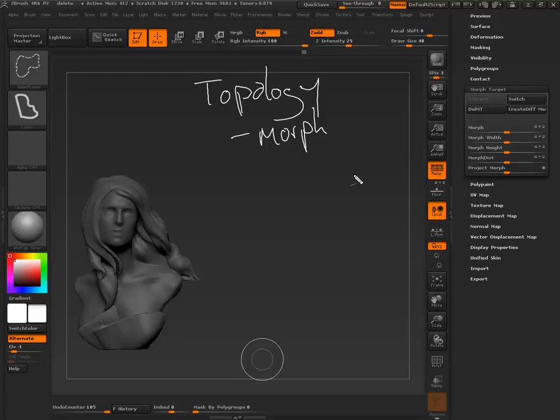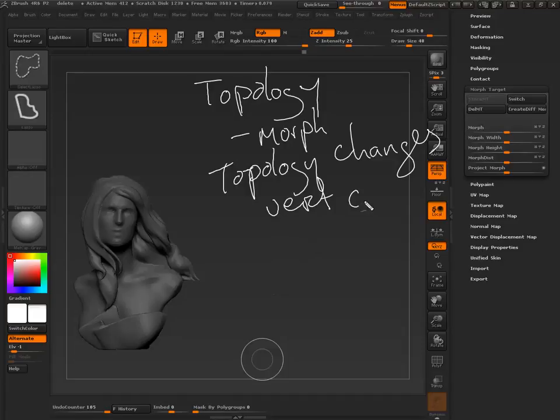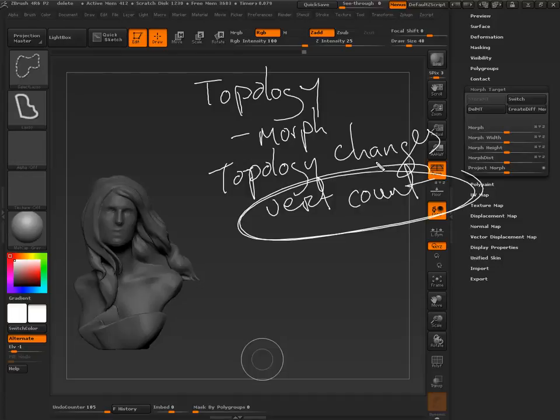Extreme changes, but also if you have topology changes. And by that I mean vert count. And really, this is actually the key. It's when your vert count changes.